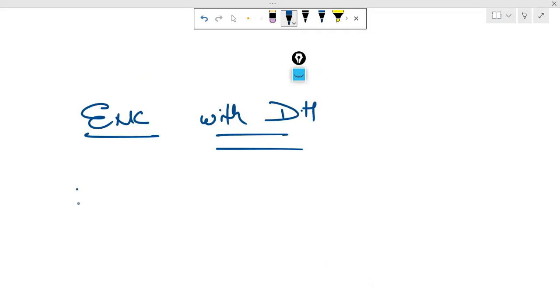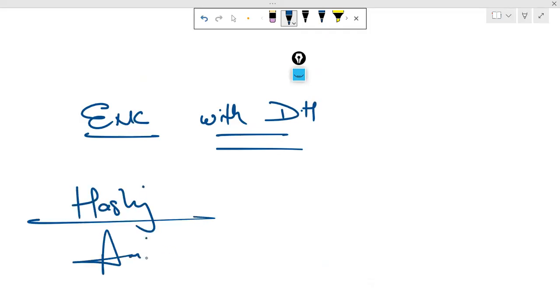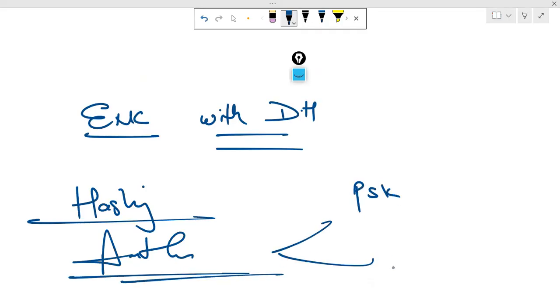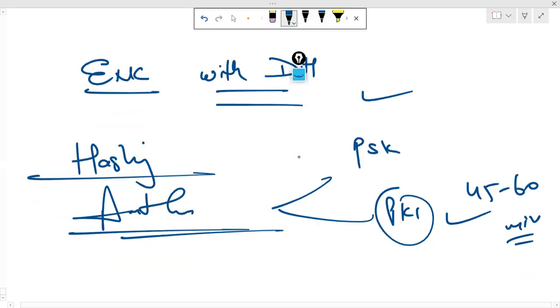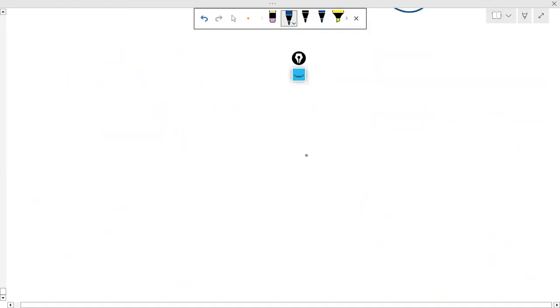So tomorrow I will start with hashing first. Then we have authentication. In that we have PSK and PKI. This PKI would take time, almost 45 to 60 minutes. So tomorrow we have to finish these things. We have sufficient time, so tomorrow we will be able to finish it, and then Monday onwards, because tomorrow is the last class,